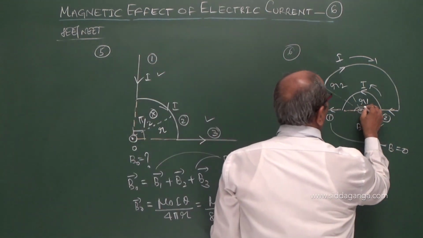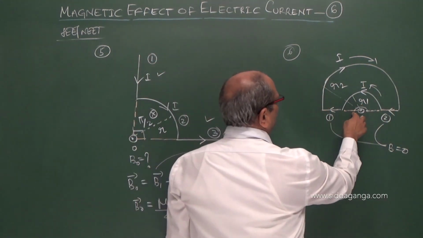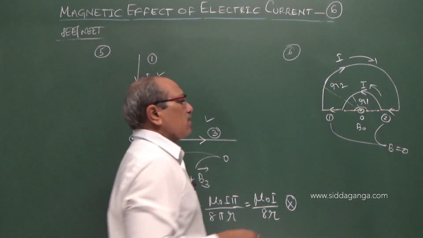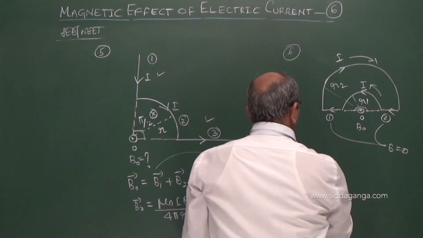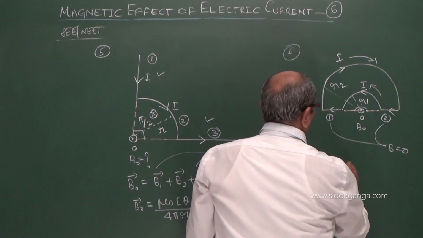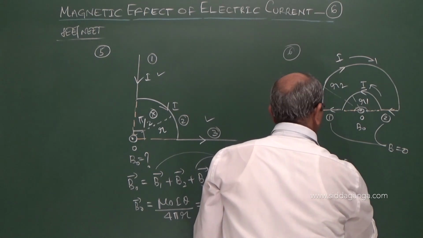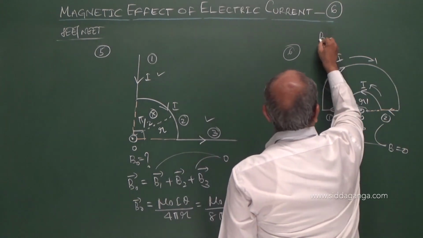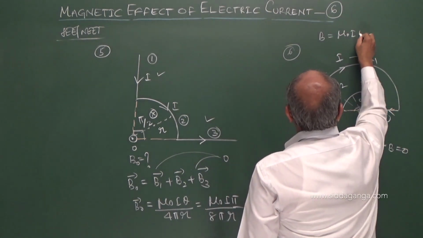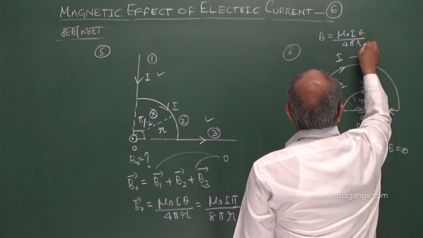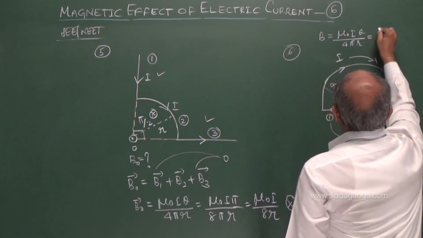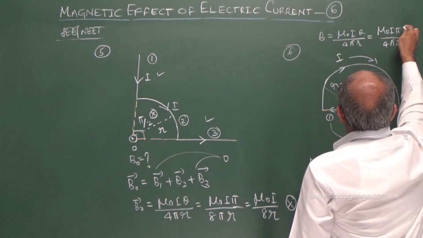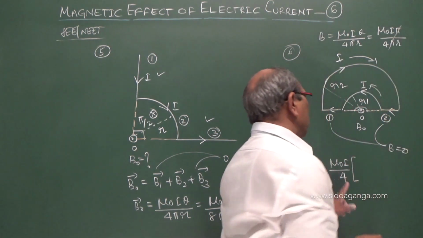Both will have the angle pi. And you also came to know in the previous case, if it is pi, here itself we have pi, substitute: mu naught I by 4r. So therefore the field at this center is mu naught I by 4. I think you have followed; otherwise I write here the general equation, mu naught I theta by 4 pi r. Here for both theta is pi. Therefore mu naught I pi divided by 4 pi r. That pi gets cancelled, I written 4.